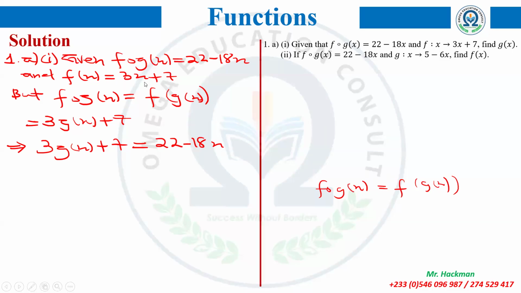So at this point, what are we looking for? You can see that you have an equation in g of x. You can solve for g of x, the unknown. So I will isolate the term in g of x. I will maintain the term in g of x here and move this particular term to this side. That will give me 22 minus 7, then minus 18x. So 22 minus 7 will give us,